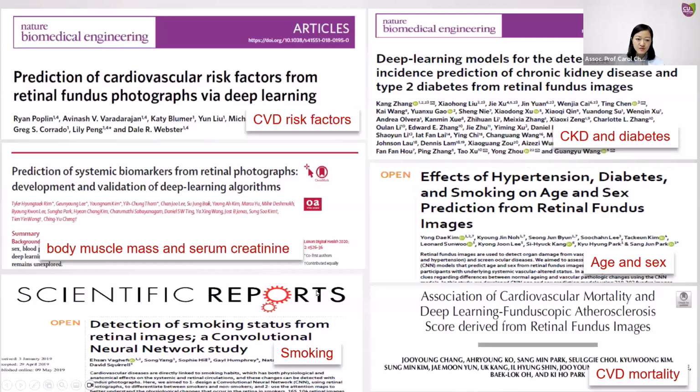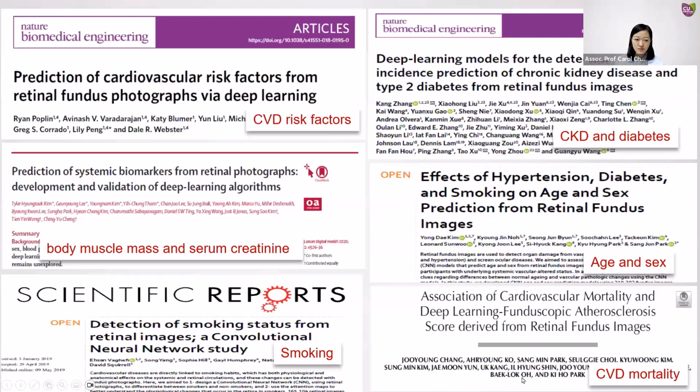More recently, several studies on deep learning predicting systemic conditions from retinal photographs have also been published, including cardiovascular risk factors, serum creatinine, kidney disease, diabetes, and cardiovascular disease mortality, demonstrating that deep learning can be applied to make novel